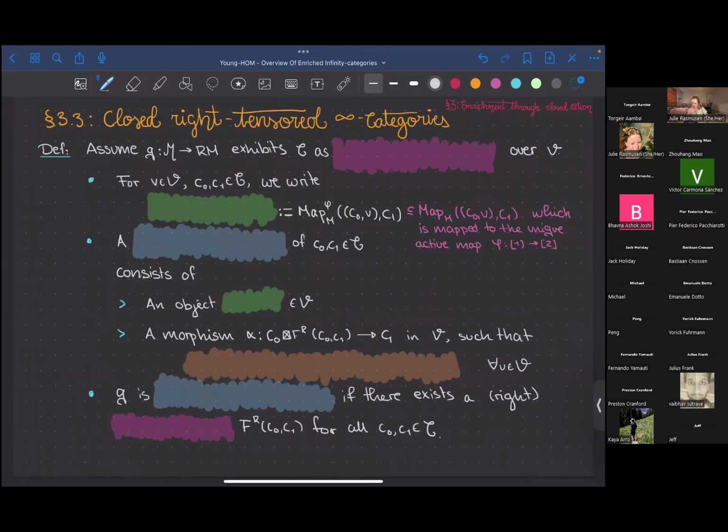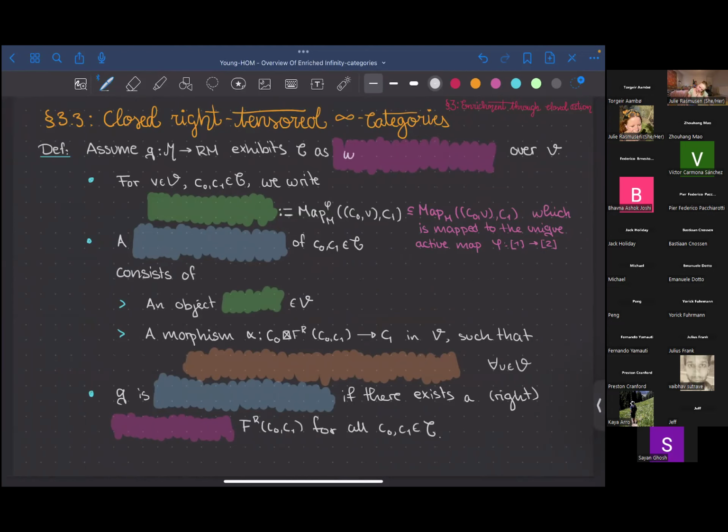Okay. Next, we had that this action was closed, and we can also extend that to this setting. So if we assume that Q from M to RM exhibits C as weakly right tensored over some category B, then if we have an object V in B and two objects C_0 and C_1 in C, we write Map(C_0 ⊠ V, C_1) to be the category of maps in M that goes from the pair (C_0, V) into C_1, which is mapped to the unique active map from 1 to 2 in Δ. And we say that a right morphism object